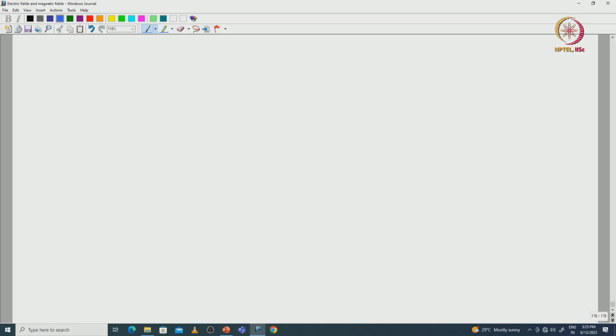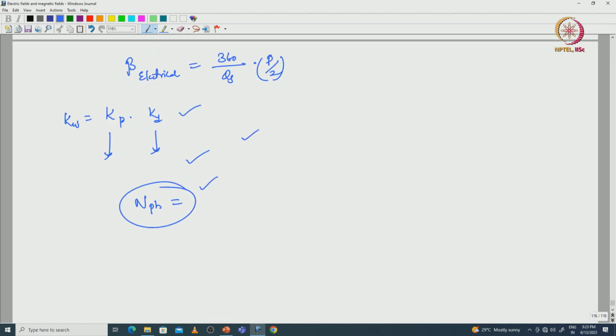Greetings to all. In the last lecture, we discussed the induction machine design with respect to the stator core. In this lecture also we will continue the design of the stator core as well as the rotor core. So, we have stopped at the winding factor, where the winding factor Kw is nothing but